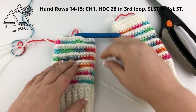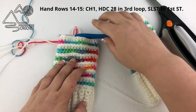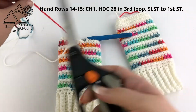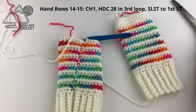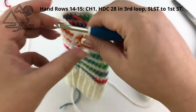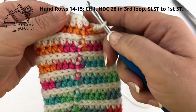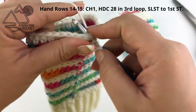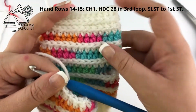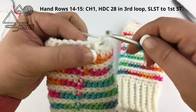So I've completed row 13. We just repeated rows 2 and 3 twice more to create 2 more stripes. And now we are done with our colored yarn if you're using one. And I'm just going to finish up using the white, making a few nice rows at the end to just kind of give it a nice finish. So I'm going to slip stitch to the very first half double crochet. And then we're just going to create this nice little finish at the end, working some rows using the white